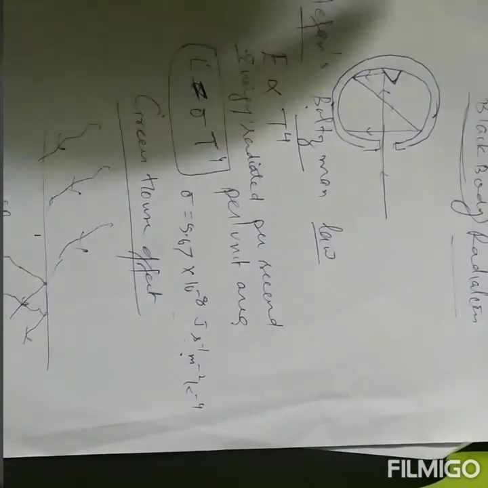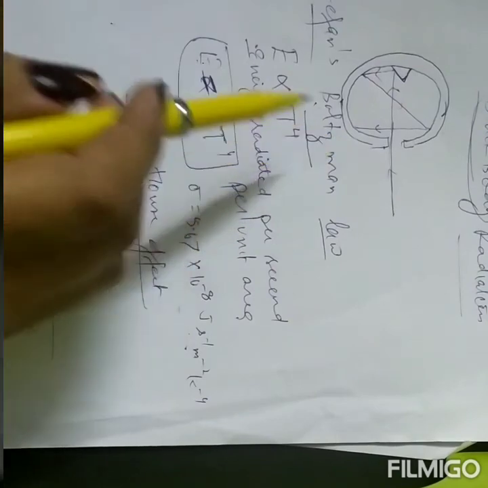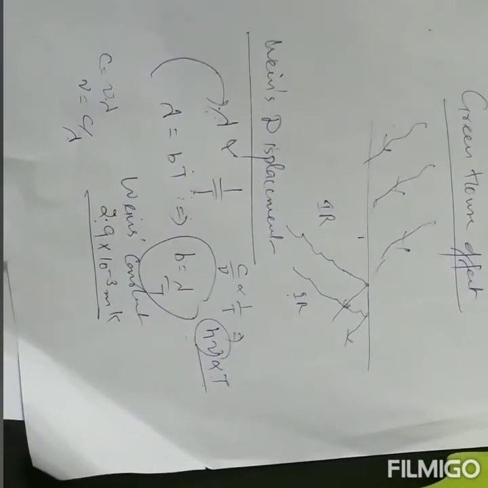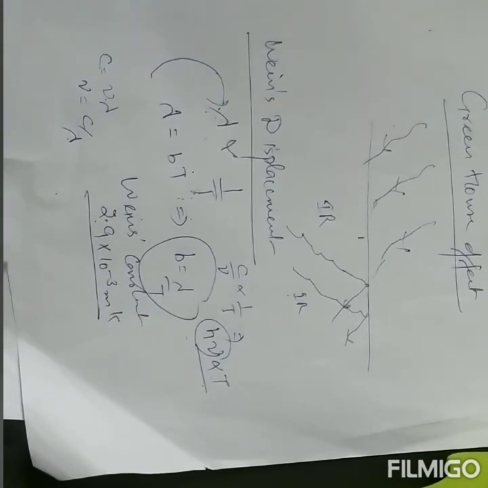Always remember, for black body radiations, the radiations emitted don't depend upon the nature of the material. They only depend upon the temperature. What is the temperature of the object? Everywhere, even in Wien's displacement law, it depends upon the temperature, how high is the temperature of the object. So it depends only on that. Okay, so this is all about the thermal properties of metal.